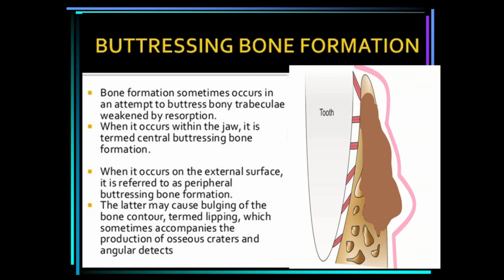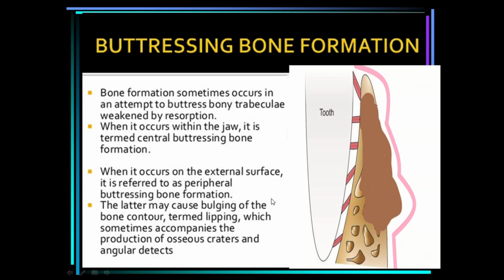And if the deposition is seen inside the bone, this is known as central buttressing. If it takes place outside the bone and bulges of bone can be seen, this is known as external buttressing